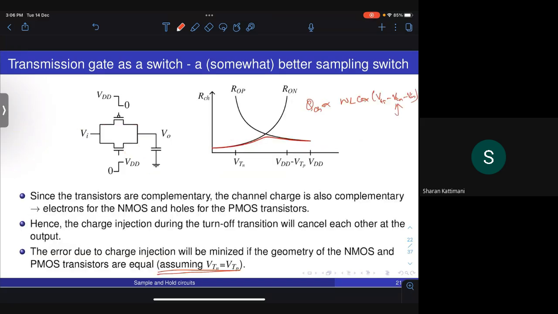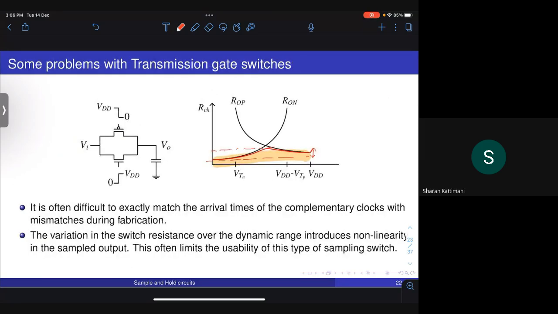Okay, so these are all the problems with transmission gate type switches, which is why they are not used for applications which require good or